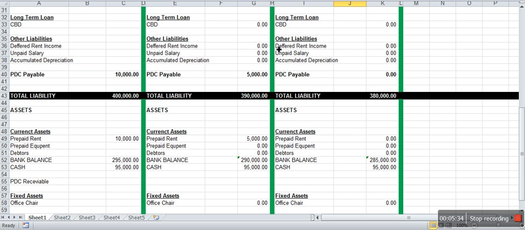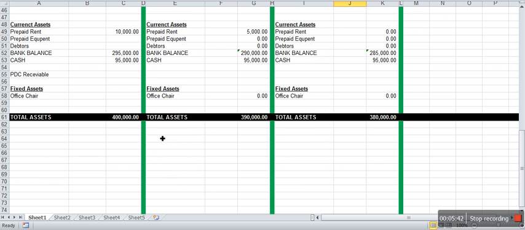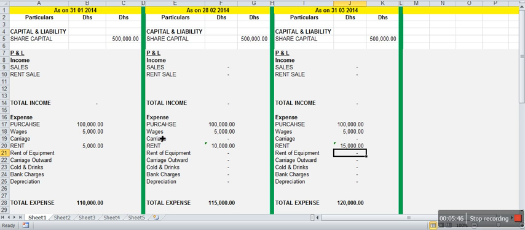So the green line again shows that my total liability plus capital matches with the total assets. So this way you can have a small Excel spreadsheet where you can create month-to-month ledger accounts, profit and loss, and balance sheet